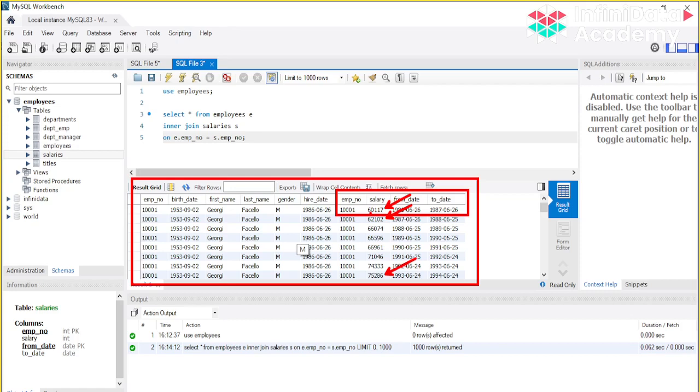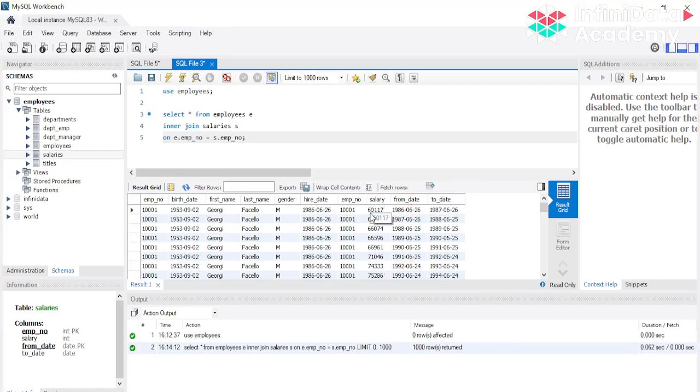Let's say in case you want to see only the present salary, that is also possible. In that case, what you can do is sort it by, let's say, to date or from date. You can sort by any to and from date, and then just take one entry per employee, right? We will see that also in your future query. So this was just to give you an example. As you can see here, these joins are very useful to combine data from multiple tables.